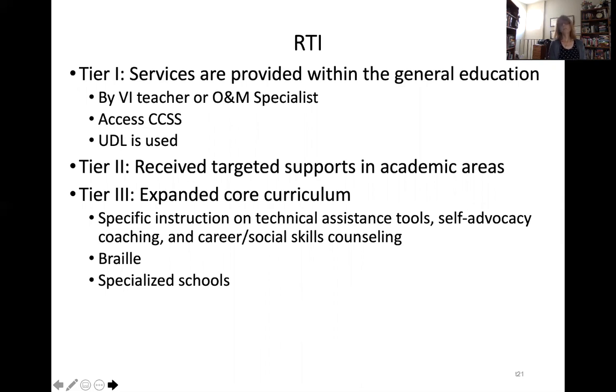And in Tier 3, it's much more of an expanded core curriculum where oftentimes you're looking at specific instruction on how to use technical assistance. What kind of self-advocacy do students like this need, and how do we coach them? How do we look at career and social skills counseling? Braille is a very specific skill set, and that's often taught by a Braille teacher in conjunction with other things. So again, it's something that has to be looked at from a multi-level, need-based